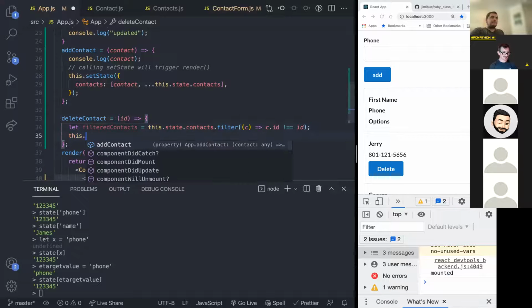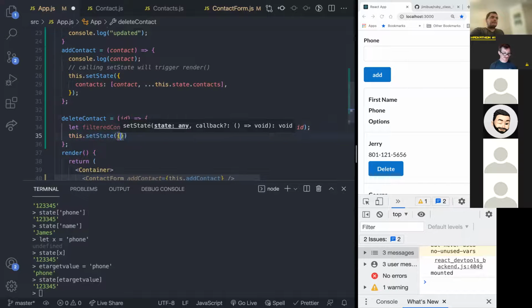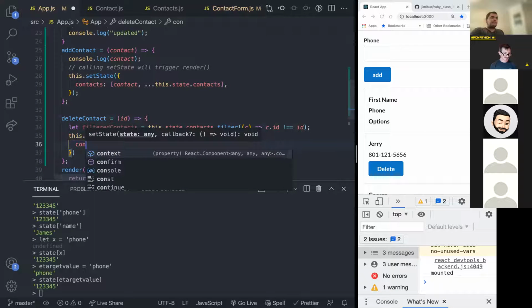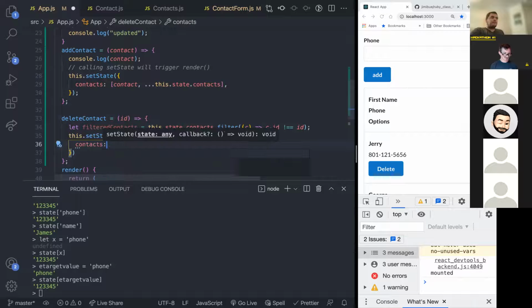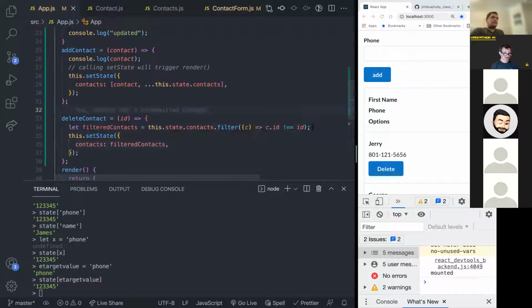And then I can say this.setState contacts, filtered contacts. At this point, yeah, because if I'm doing it like this, I could try to do that in one line. It might be a little hard to read, kind of up to you. So I'm just going to